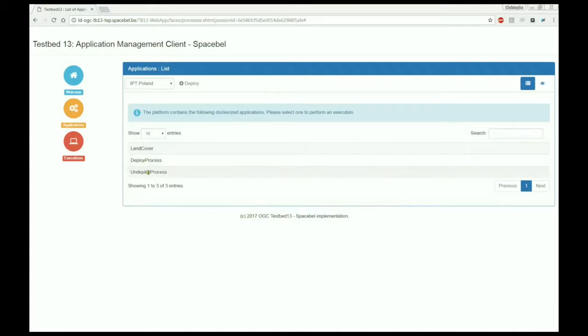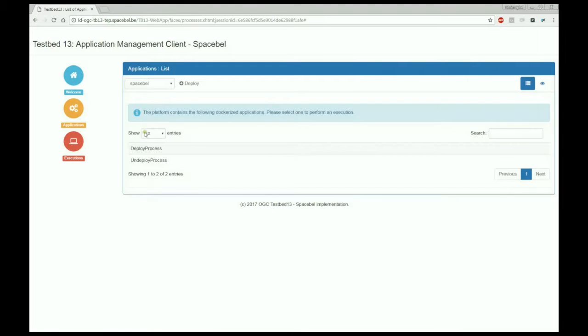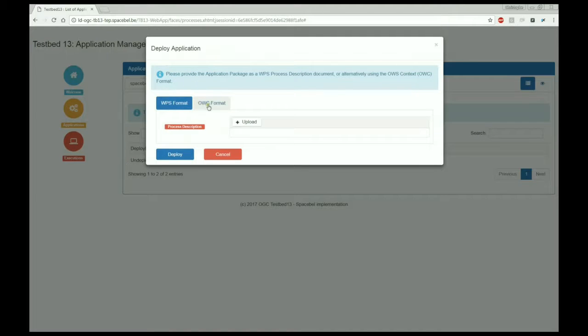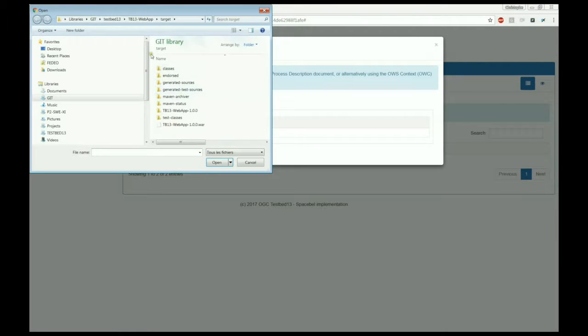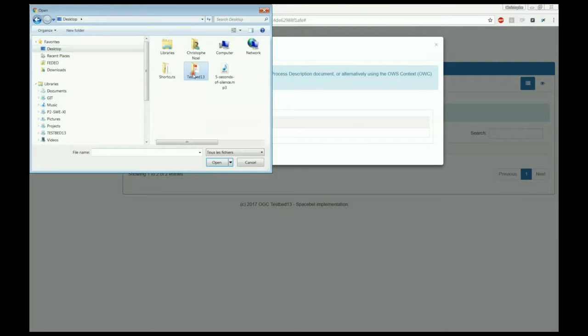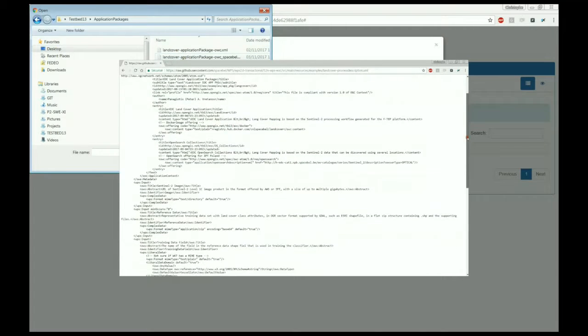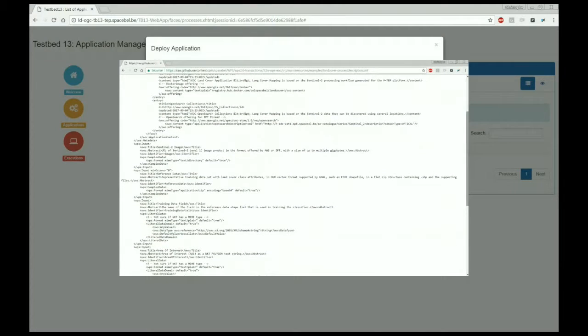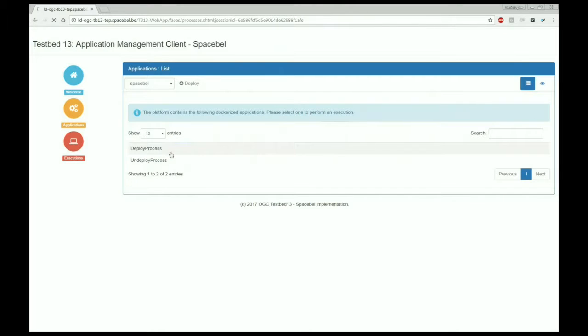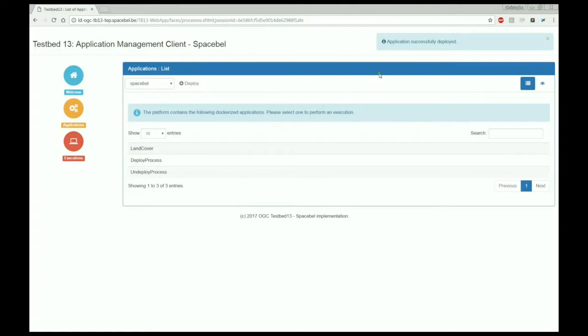The Spacebel client is a web portal that allows the discovery of the available applications and their execution instances, in this case IPT Poland or Spacebel. The user may deploy a new service by providing the application package. In Spacebel implementation, the WPS process description embeds all the required information. The OWS context document may also be provided embedded in the metadata of the process description, allowing any WPS clients